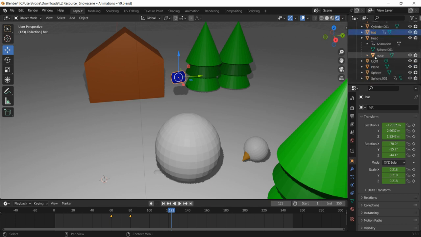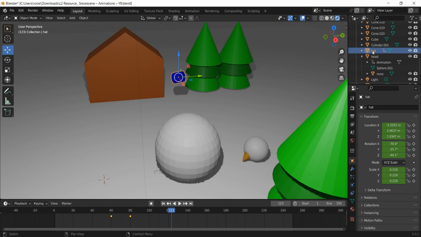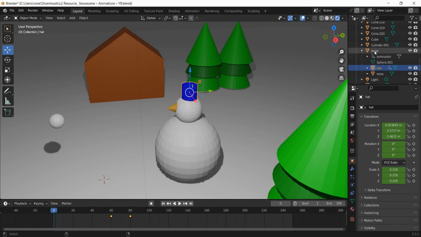So it's then not part of the head anymore. You can see it's come out of the hat. But I don't want to do that right now, so I'm just going to undo that. You can see it's gone back in there.